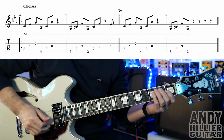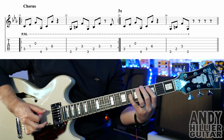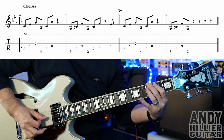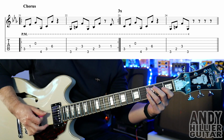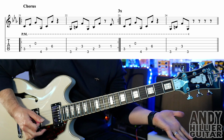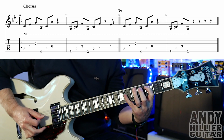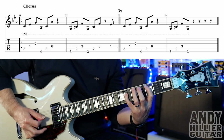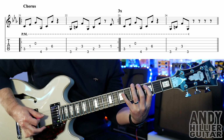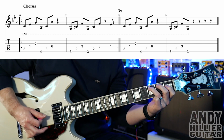The chorus is slightly different. Let me just play the first 2 bars of the chorus. I go. So there's a slight variation. We've got A3, D1, G open. And this is where it changes. It goes to E4, A3, and then D6. So bar 21 goes